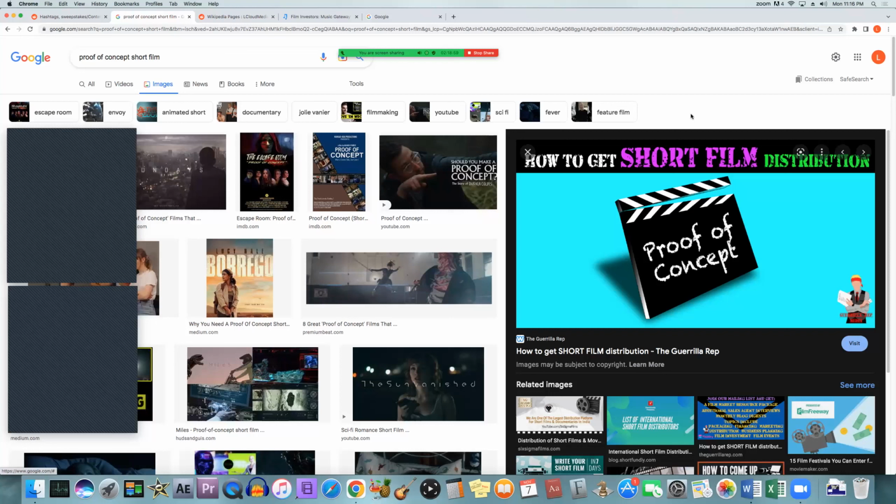Also, when you're making a proof of concept, Film Courage says that you should be making a screenplay first for the feature film. Make a screenplay for a feature film. That's the normal way you want to do it. And then make a short film proof of concept version of the script. Otherwise, without the feature script, you're just making a short film and not exactly a proof of concept. Because